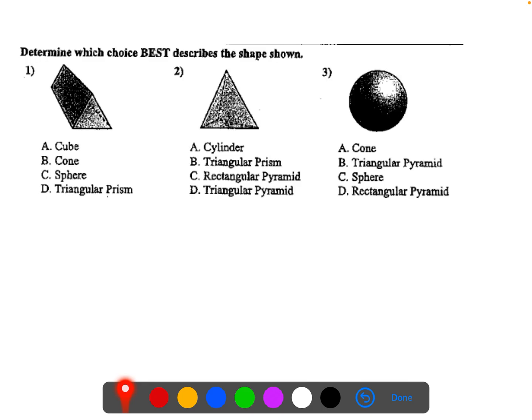So on the front of your handout, we're going to choose from 4 answer choices which one identifies the figure here. So the first thing we need to do again is we need to identify the base. Now, the best way that I can describe the base is the base is like a slice of bread. All right, and that's going to sound weird. But what I mean